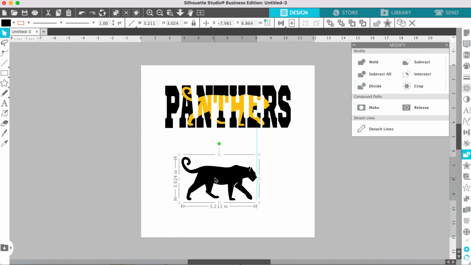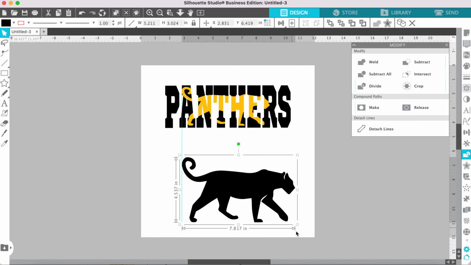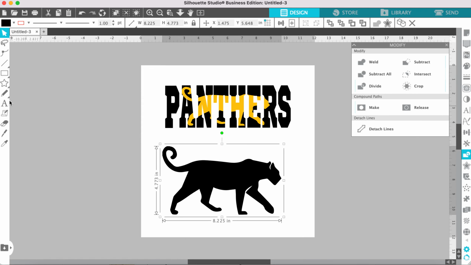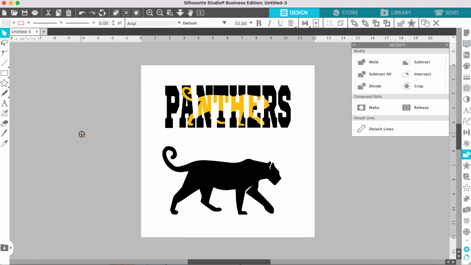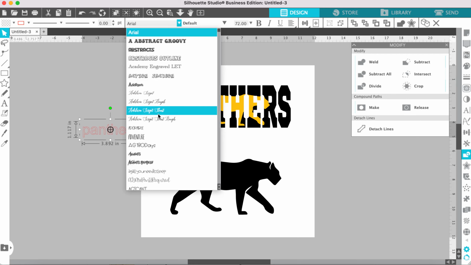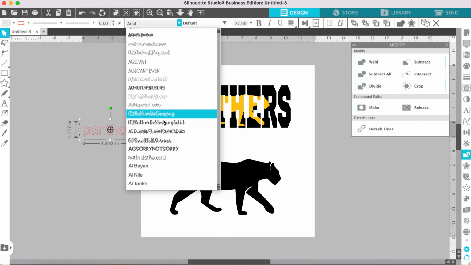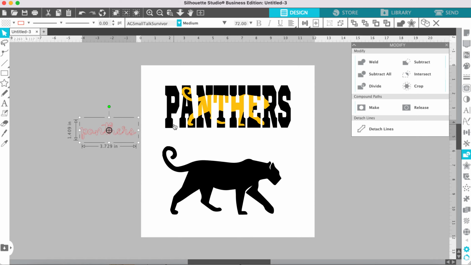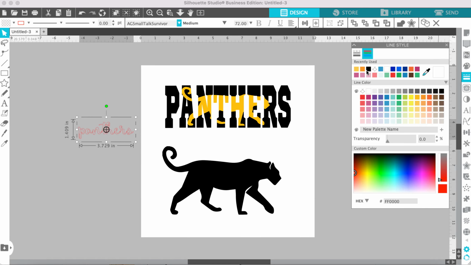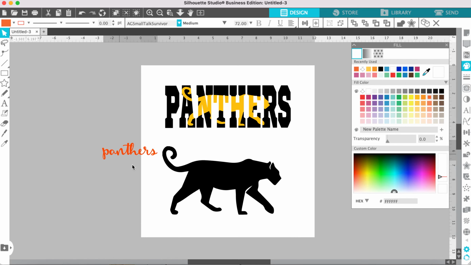So now let's knock the word panthers out of the panther. Let's make him a little bit larger. Then go to your text tool and type the word panthers. Select your text and you can change the font if you would like. I'm going to change it to this one. Now let's turn off that red cut line and let's just fill it with any color you would like. So drag your word on top of the panther